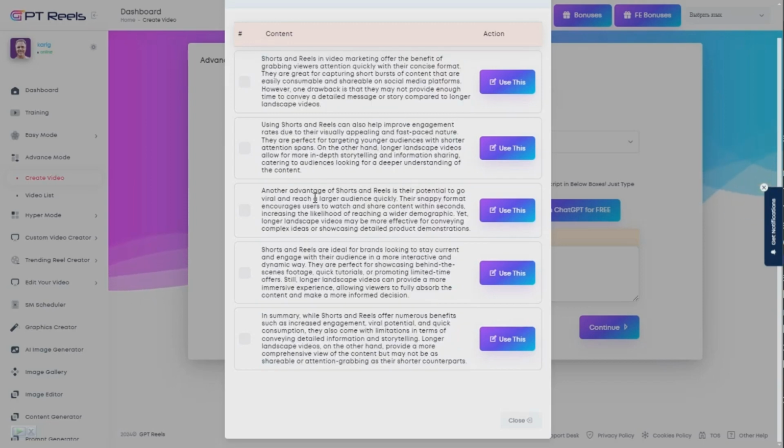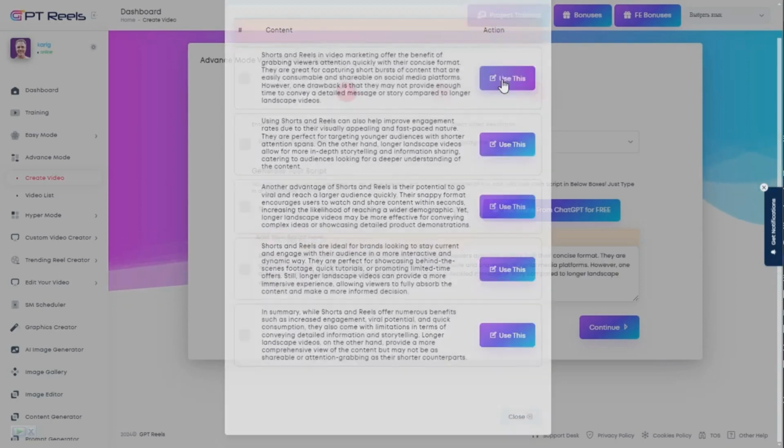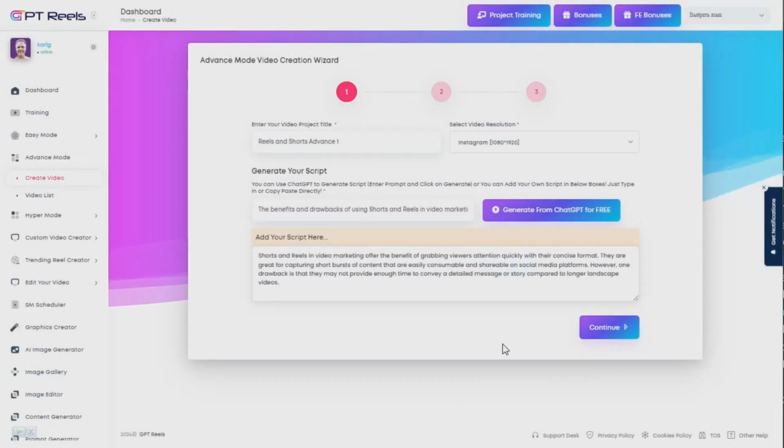But in any case, in this example, I will choose, first of all, I will copy all of them just to have them for later, because they are not saved in the program. So if you want to come back and use the others, you will not be able to do that, because, as I said, they're not saved if you don't save them in a notepad or something on your computer. So I will use the first one. I will continue